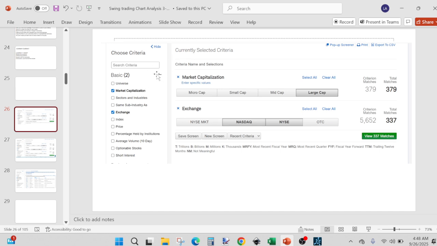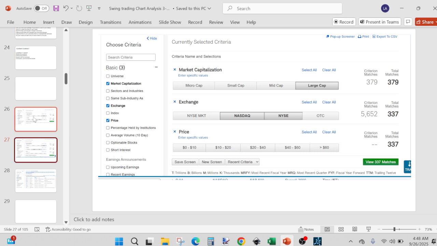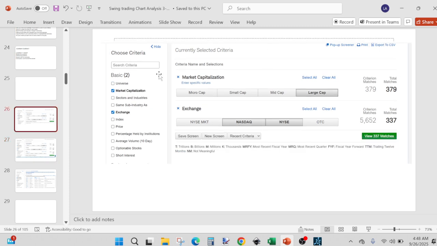on the top you'll click on research. So under research there is a stock screener that you'll click on, and it will take you to a page that has different types of criteria to choose from. And one criteria I like to click on is basic. So when you click on basic,